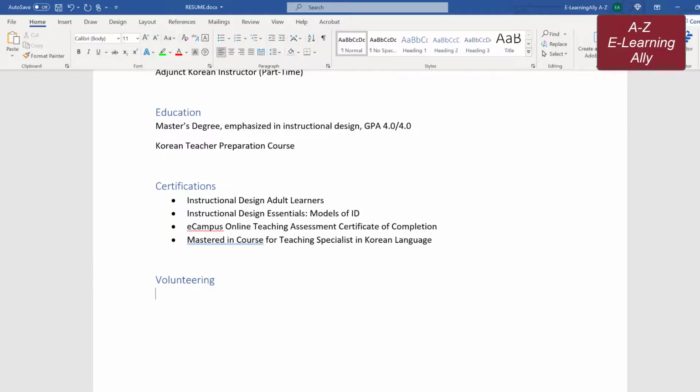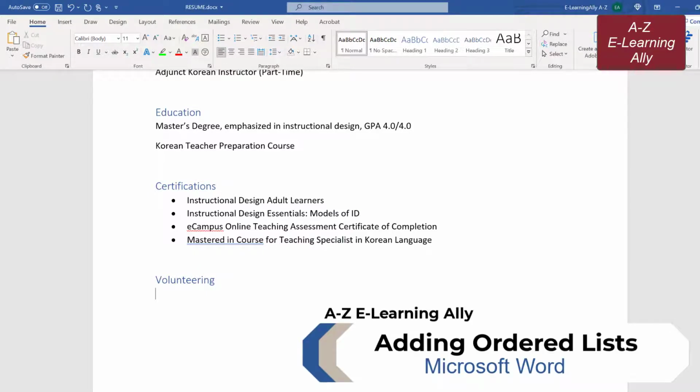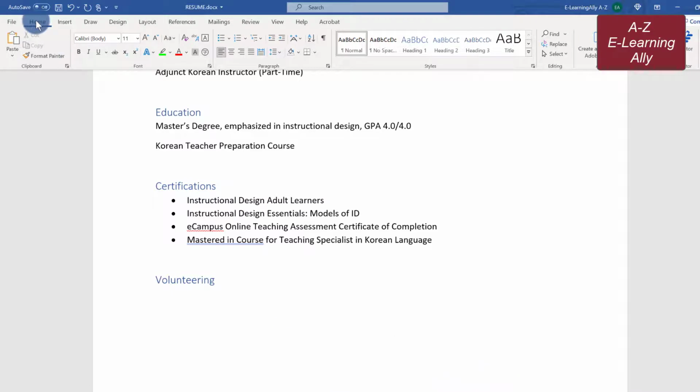I also have several lists under the section Volunteering, so I'll use an ordered list for demonstration purposes. To do so, go to the Home tab and then click the Numbering button in the Paragraph group. After that, type the sequential list. Then you have